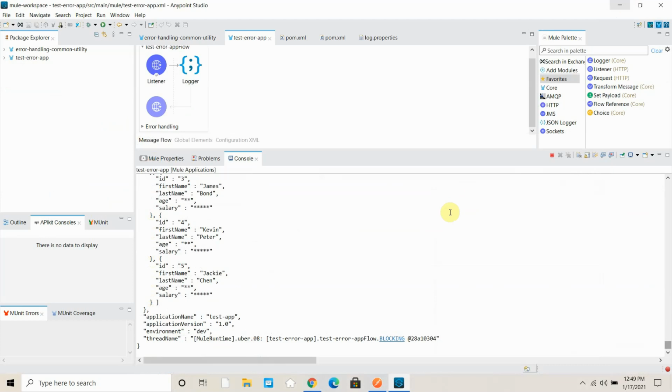I will show how we can do it in our next demonstration. I hope you like this video. In this video we have learned how to publish a JSON logger in Anypoint Exchange, which was in the previous video actually. Then we learned how we can make use of JSON logger in your application. We have seen other things like masking, how to send the logs to any destination, and how to disable fields.